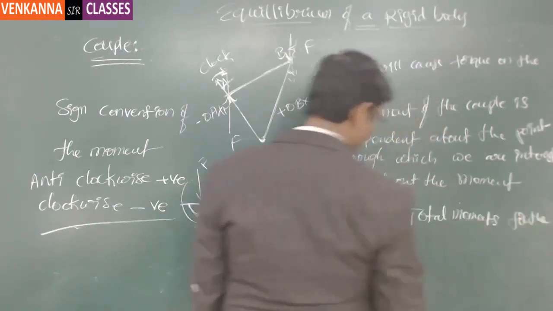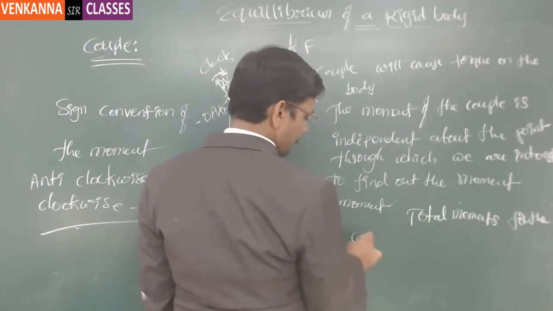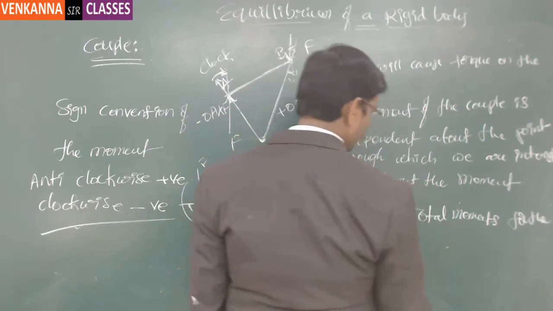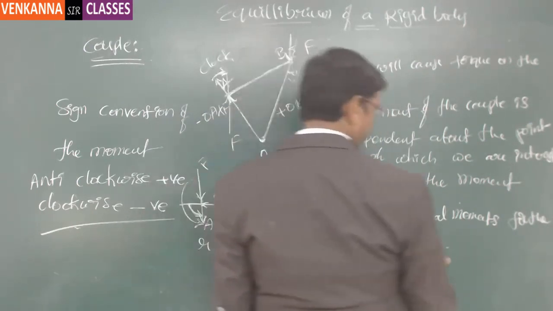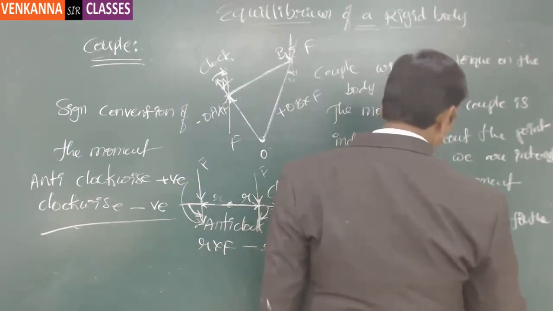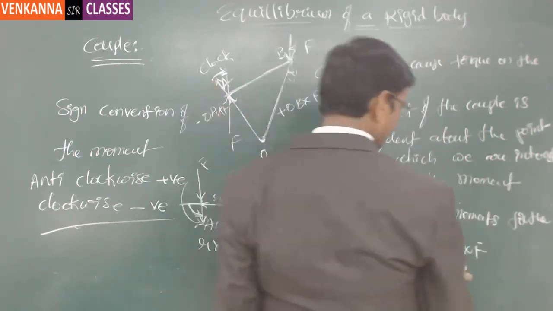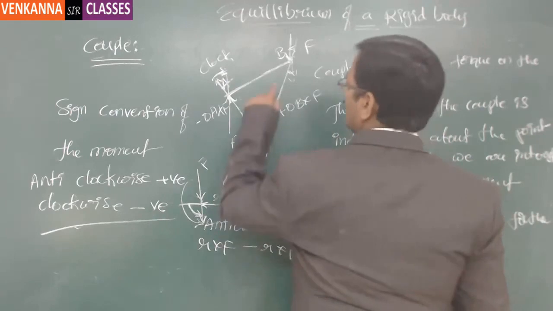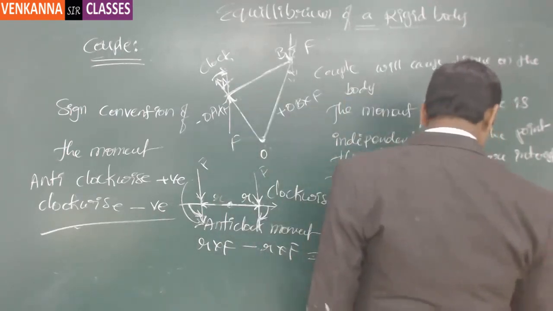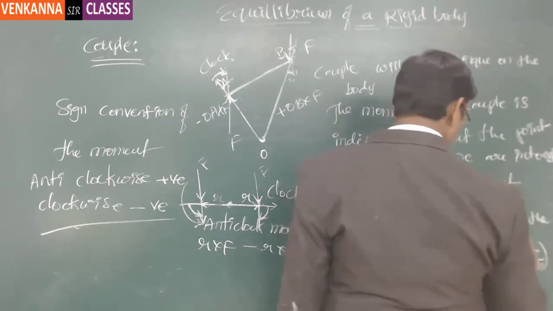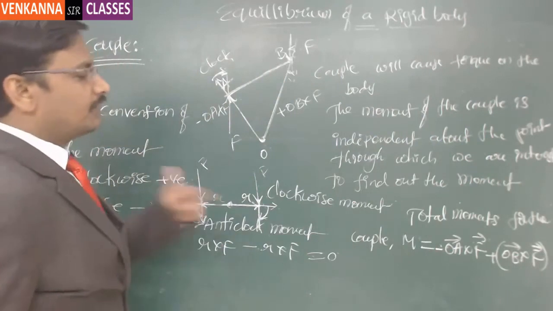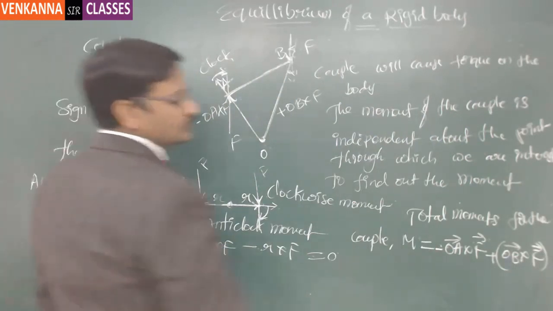total moments for the couple, this is T is equal to, or actually usually it is represented with M. So M is equal to OA cross F, and this OA cross F is negative and anti-clockwise, that is OB cross F. OA cross F and OB cross F is the total moment. Now here, if we expand this,